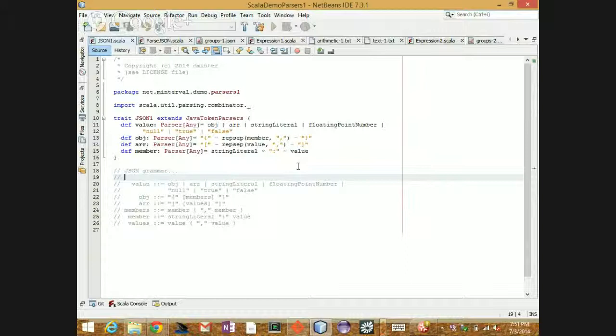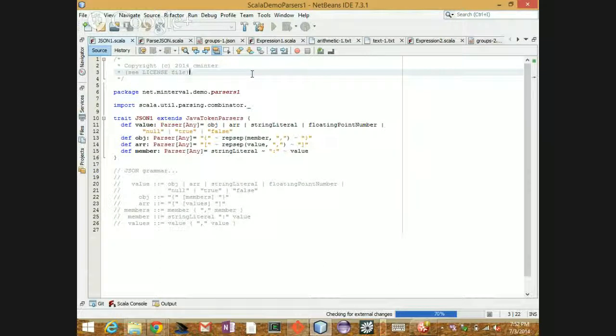Is there any way to make it just a little bigger? Let me see. I think it's actually easier to read here than up here. Maybe just view or Control plus or something. Shift plus. Checking for external change. What have I done to you?